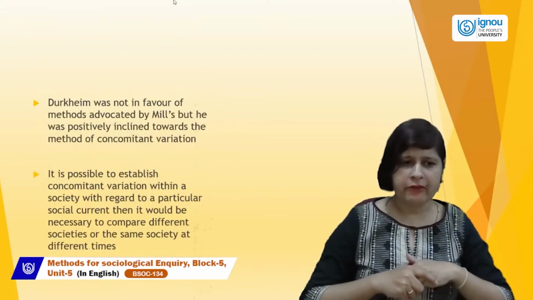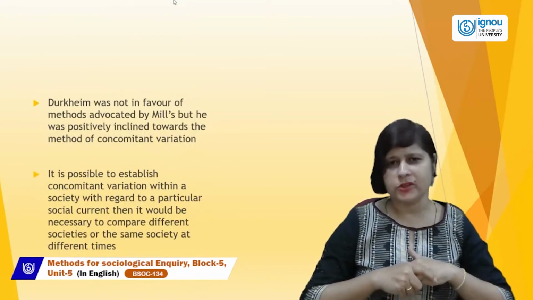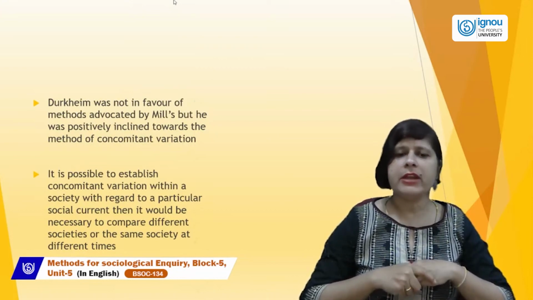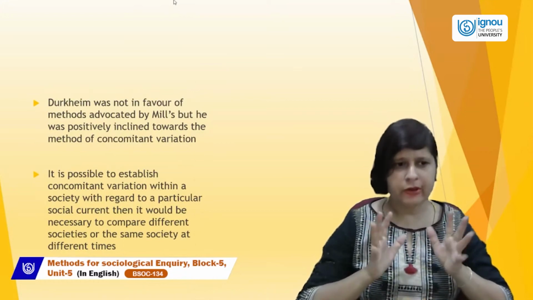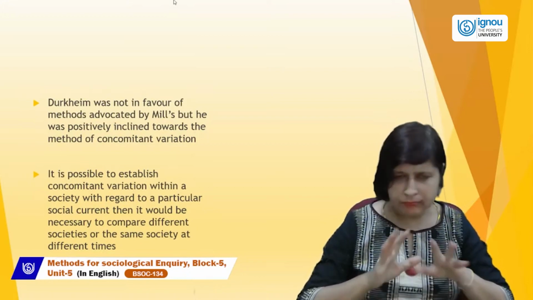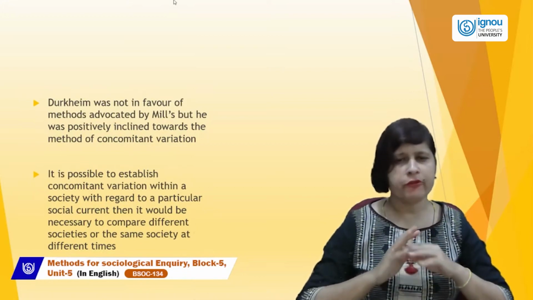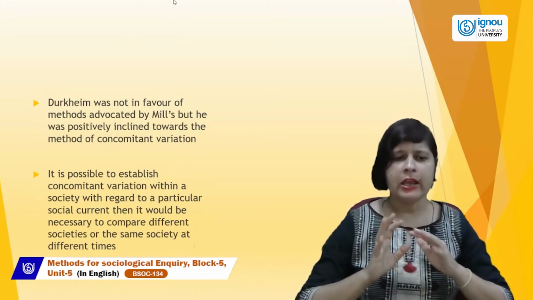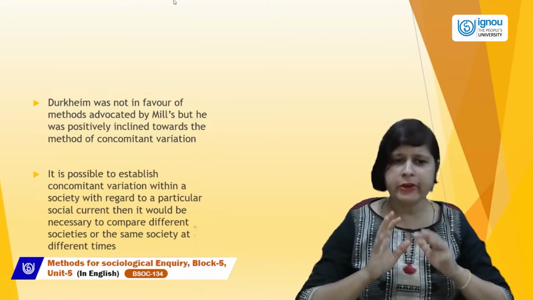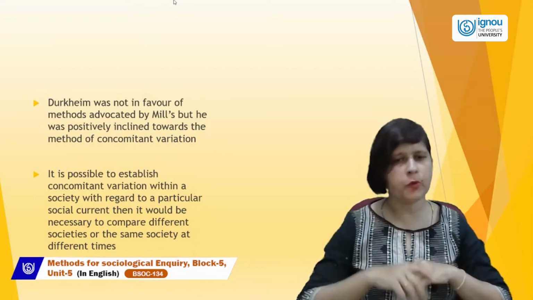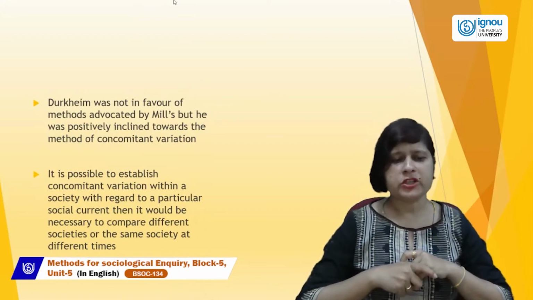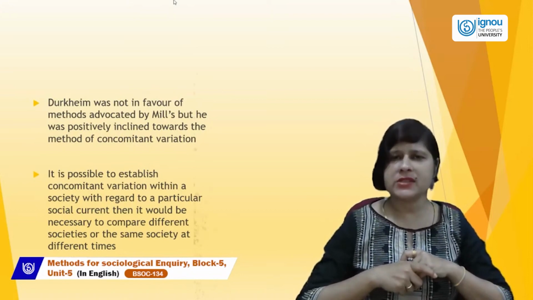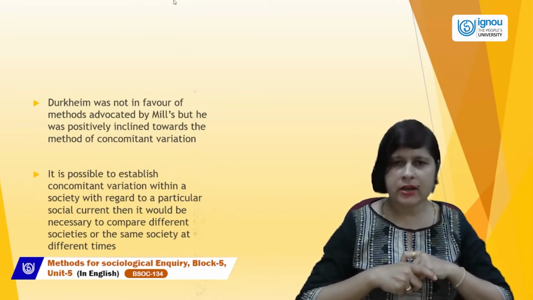Durkheim was not in favor of the methods advocated by Mill, but he was positively inclined towards the method of concomitant variation. Mill gave some methods, but Durkheim was not in favor of those, though he agreed to Mill's concomitant variation. What is concomitant variation? We'll discuss this. It is possible to establish concomitant variation within the society with regard to a particular social